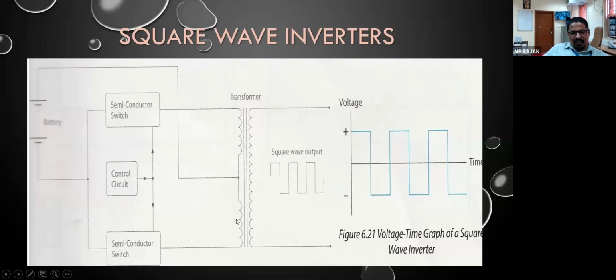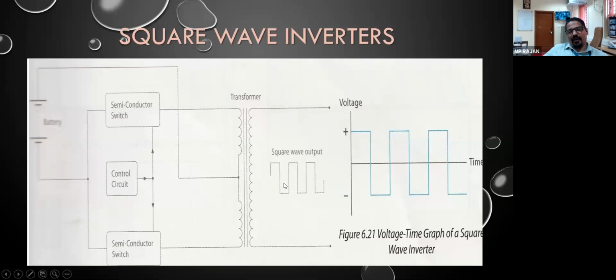The current direction is like this, from top to bottom. Circuit is coming. So हर बार इसका जो direction है change होते रहता है. This is stepped up and converted into AC square wave. So this waveform is, we can say, square wave. So DC supply is converted into AC square wave.